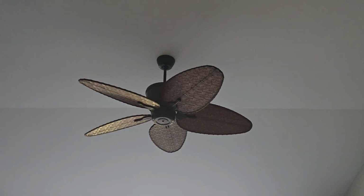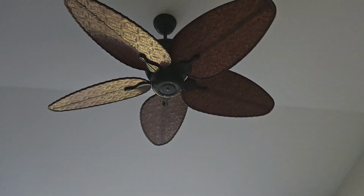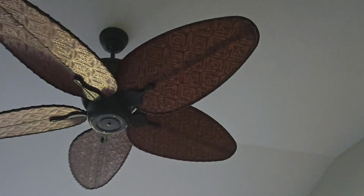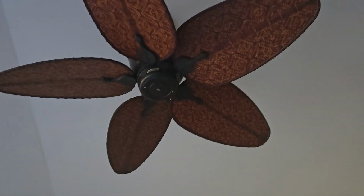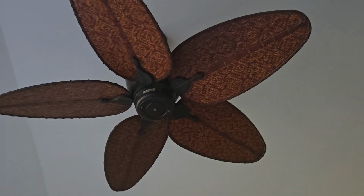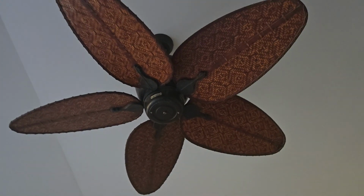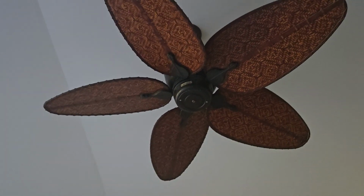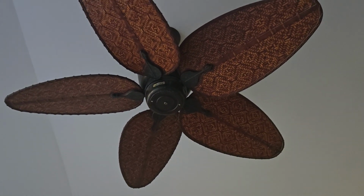We have my Fanimation Sandella that I took the light kit off of. Just took that off the wind point. I replaced one of the uplight sockets that was dead. One problem this fan still does have that I still need to fix is right there. Whenever you turn it on, whenever it's speeding up or slowing down, the blade arms rub against the switch cap. It's done this many times. I've needed to repair it many times, but